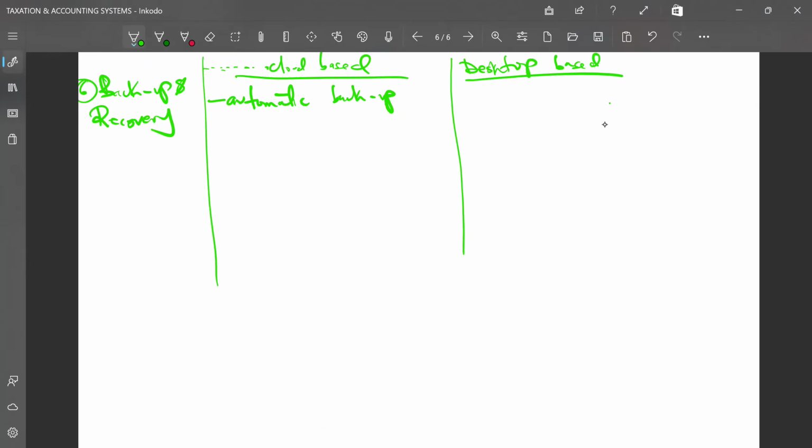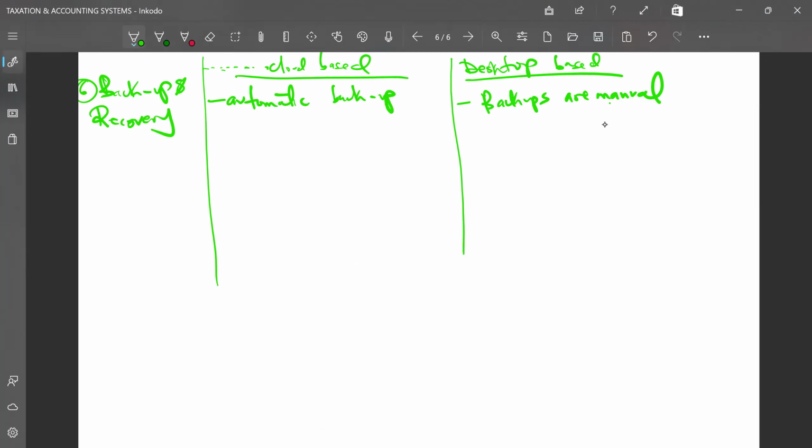How interesting is that? But what of the desktop version? What happens when your system breaks down, your computer breaks down, or the device you've been using is not able to work? Remember, in this case, backups are manual. What if you've designated somebody who is running the business to do backup, but they forgot because it is manual, it involves human intervention? What if that person was waiting to do it at some other time, but tragedy strikes before that backup is done? What happens?